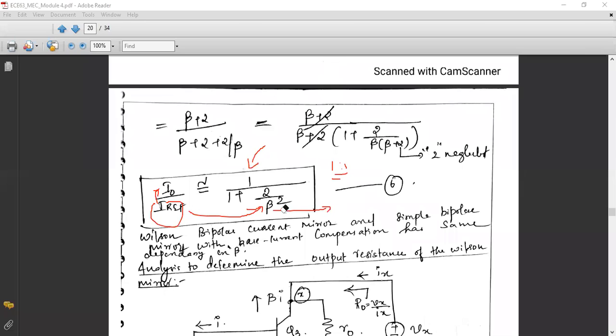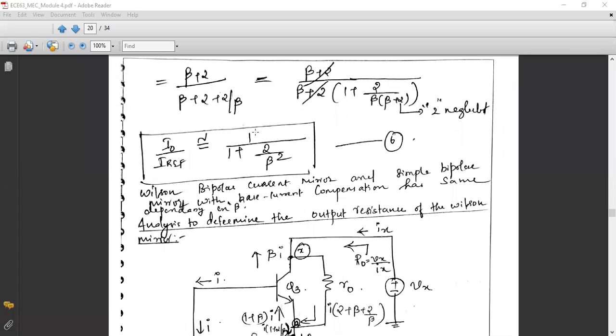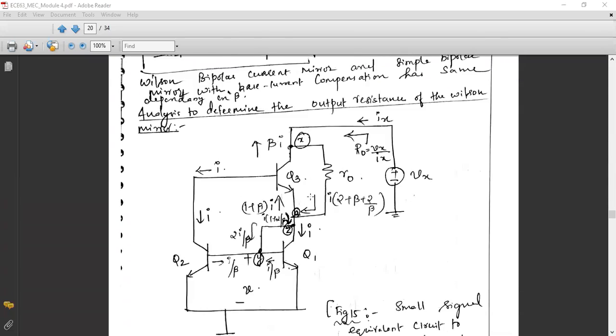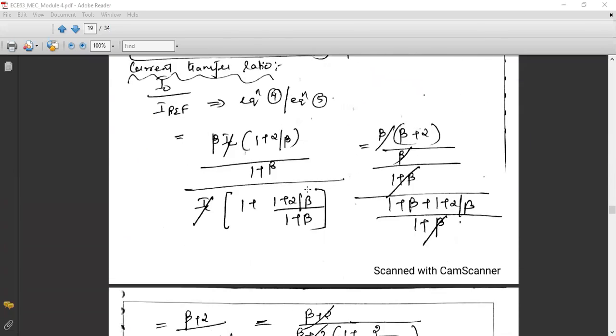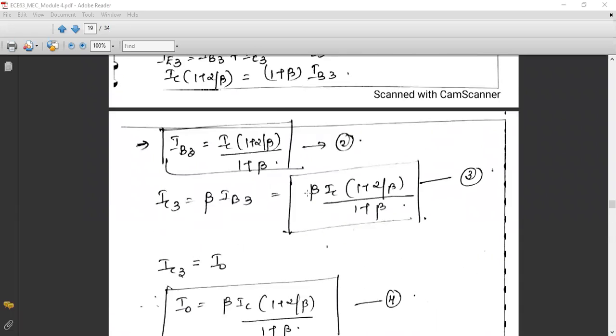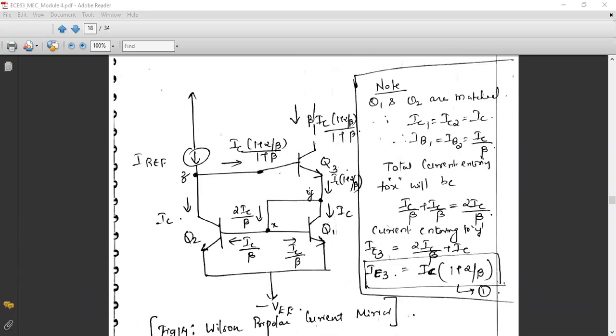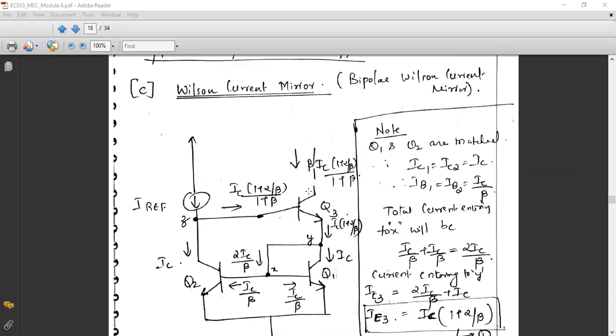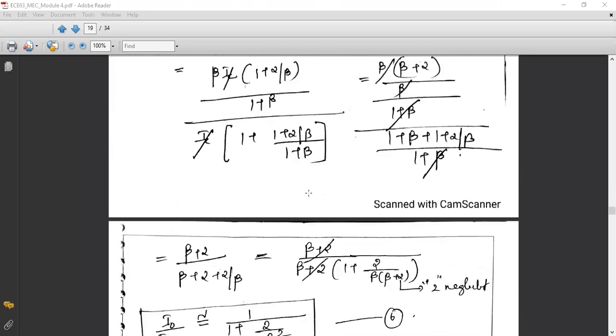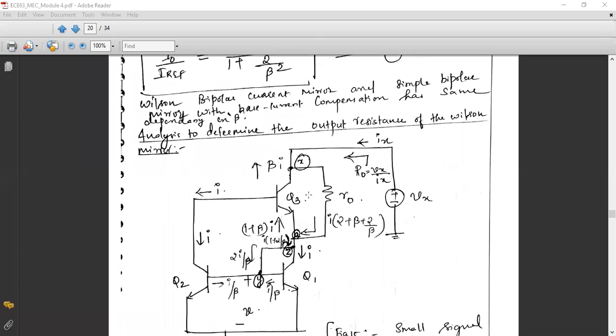Now let us see what will be the output resistance of this particular mirror, because we need to maintain a feasible output resistance also. So in spite of the current transfer ratio, one of the next properties that we need to note down is regarding the output resistance. As far as the current mirror circuit is concerned, we need to look at two parameters. One is the current transfer ratio I naught by I ref, which is 1:1. And secondly, we are going to analyze what will be the output resistance of this circuit.